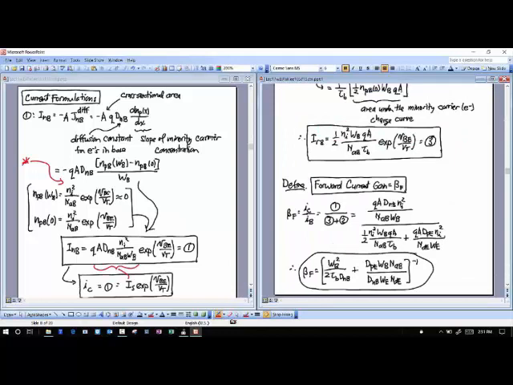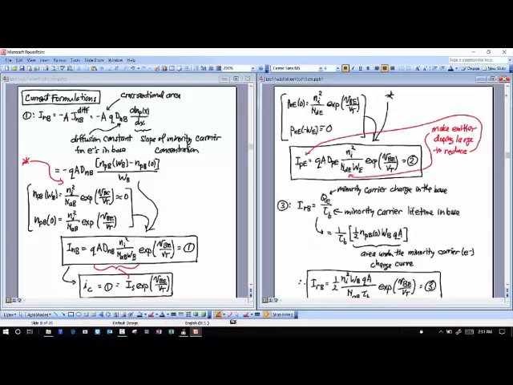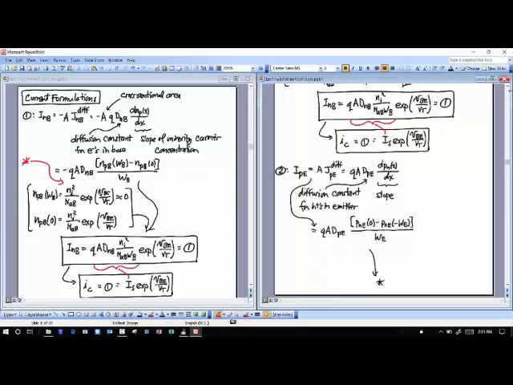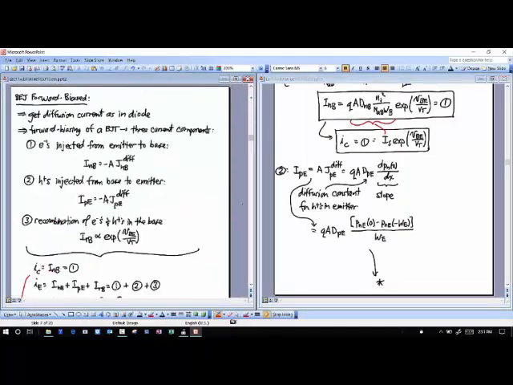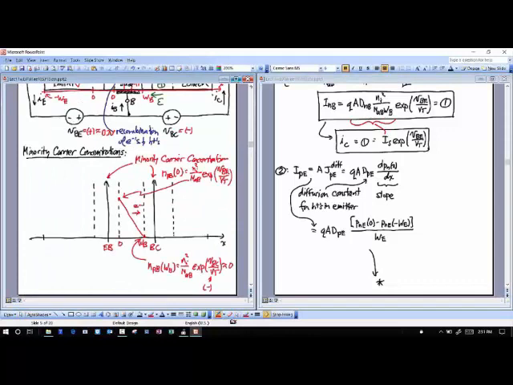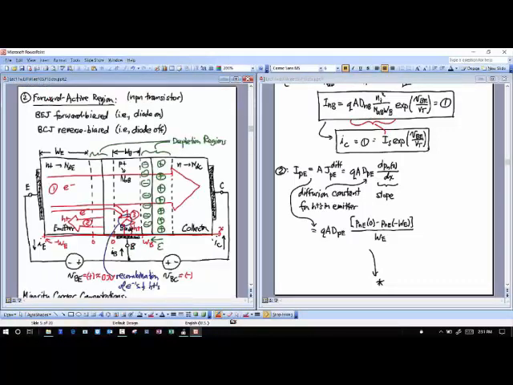Okay? And so I could keep going with all this. So I could do the same thing to get the whole current number 2. Let me back off here a little bit so I can show you the picture. This current component number 2, that's going from the base to the emitter, I could do exactly the same analysis.